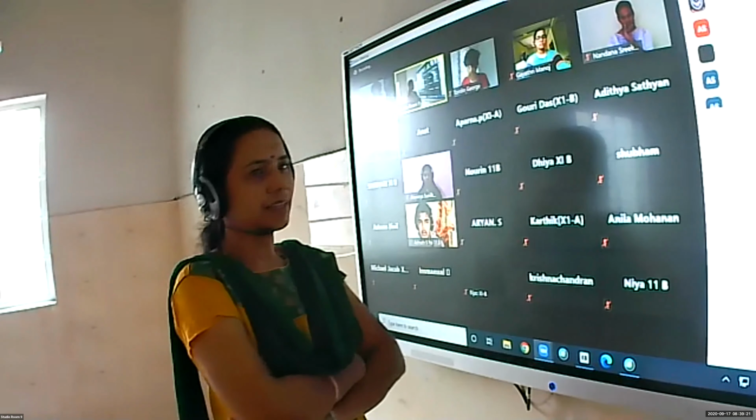u v the whole dash is equal to what? u dash v plus v dash u. Very good. What about the quotient rule? u by v the whole dash is u dash v minus v dash u by v square. Aishwarya, can you repeat? u dash v minus v dash u by v square. Is it clear? Is it okay up to this, children?